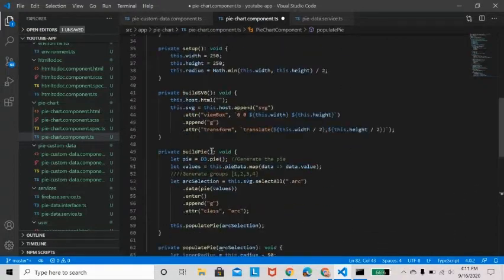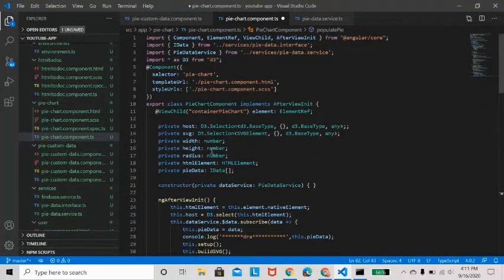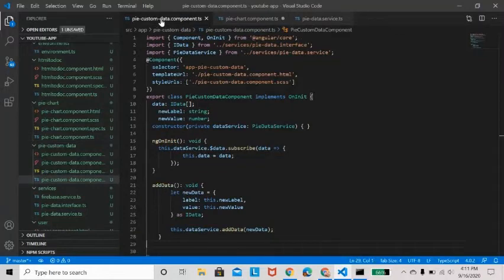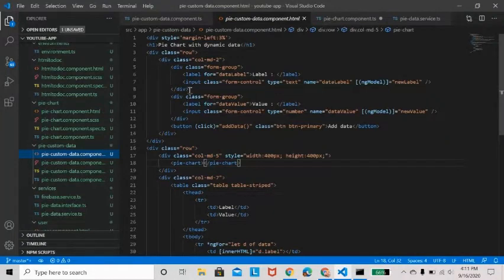Okay, once this is all done, we are going to create our custom data component where we are going to show our pie chart. So this is my another component file. Here I have the data values. I have one form with two fields, label and value, and a click on the add data method.